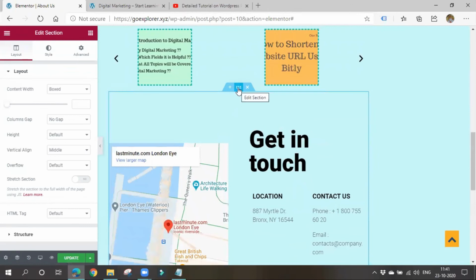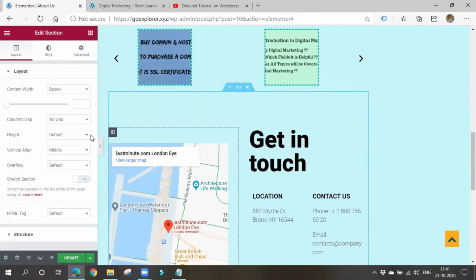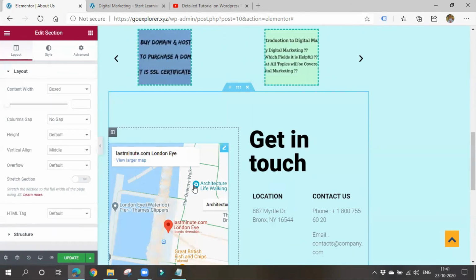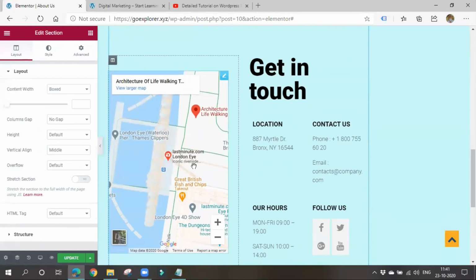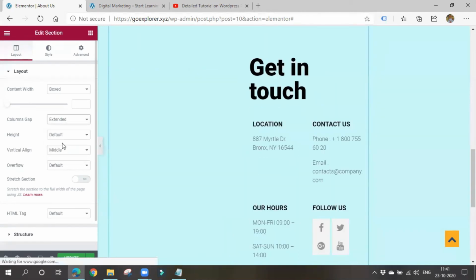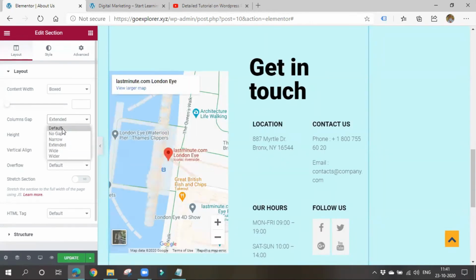Right here, you can choose content width, full width, or similar, and make changes. If you click on this, you can make more changes. Column gap, no gap, extended. Oh, sorry, what happened?